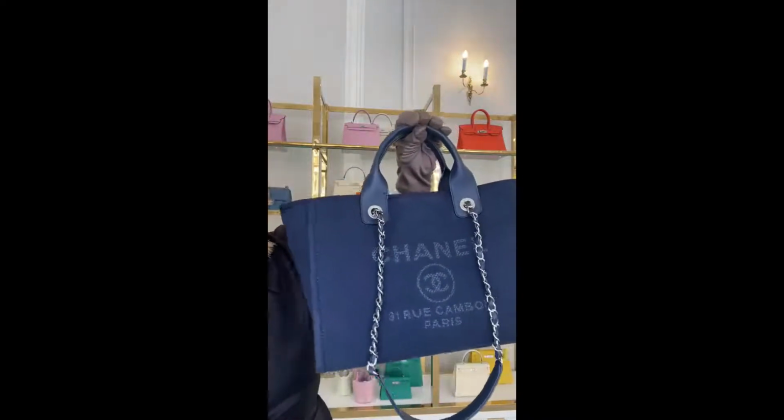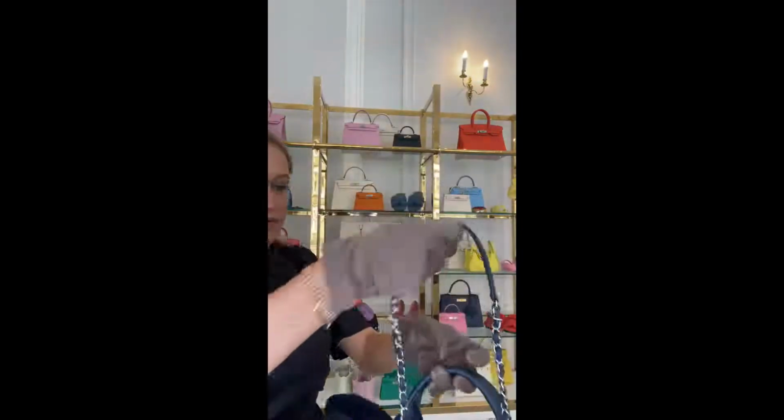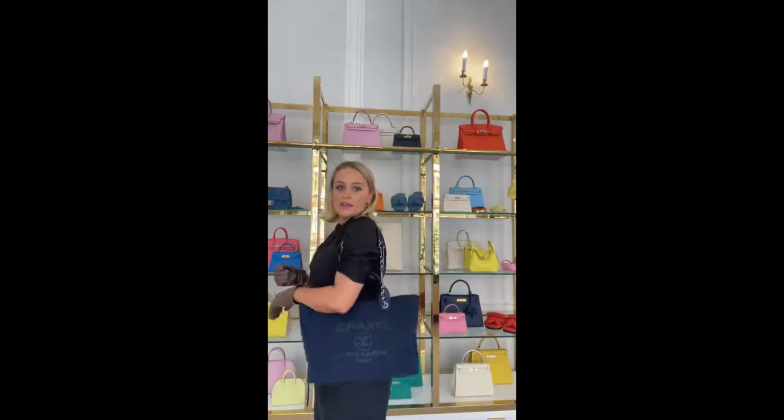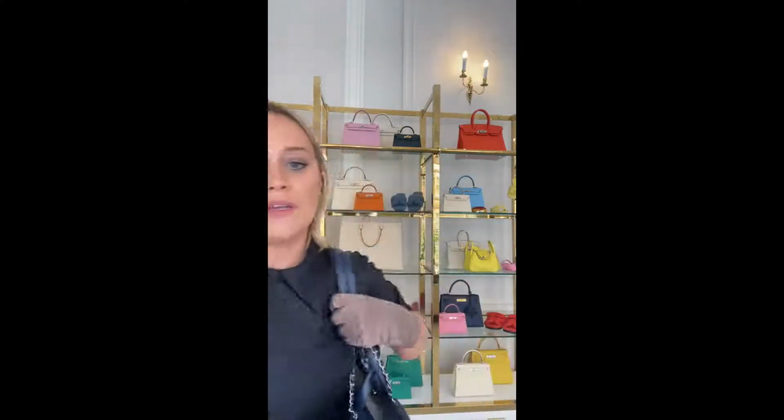Rachel, we've got pricing for the Deauville. Okay, so two strap options again on this. As I say, great for travelling because you can literally chuck everything in there. Really nice size as well. Super roomy. So available for £5,445,